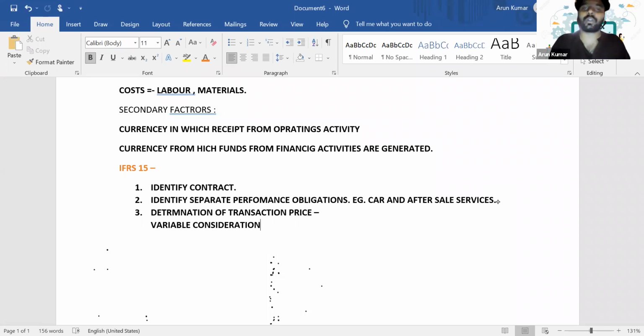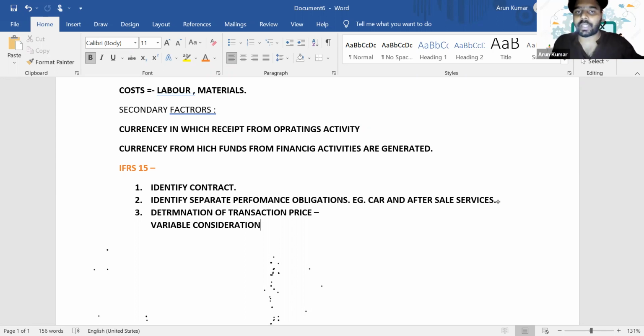In that scenario, let's say you have sold 100 products, and from your past experience you know that for 90% of the products you have sold, there is no chance of them being returned. There will not be a sales return. But with respect to the other 10%, we have seen that almost 10% of our total sales come back as sales return. So we have to refund it. In that scenario, that 10% is like a variable consideration.